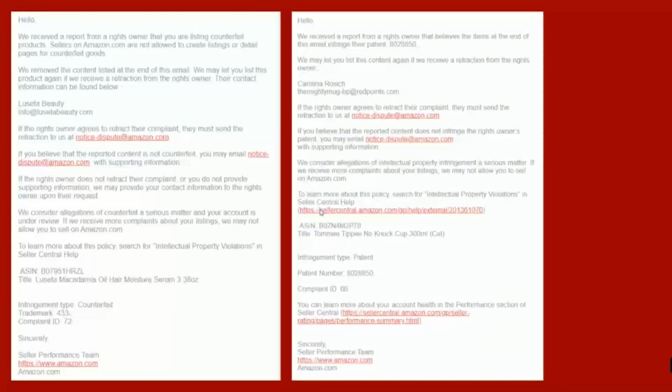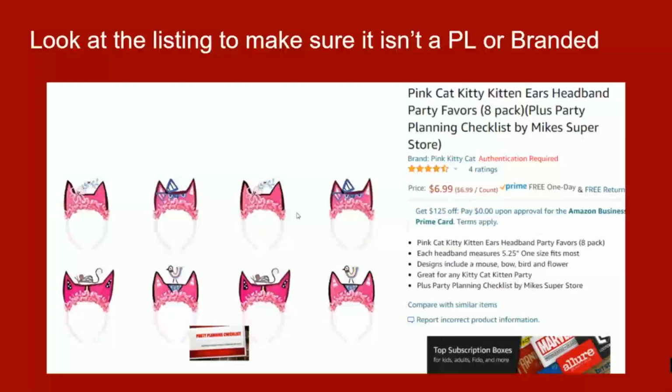So I've shared with you this. These two were for me. This one I just found on the internet. I also want to talk about private labels and branded items really quick, because they are becoming more and more predominant on Amazon. And what people are doing is taking a common wholesale item like these little cat ears, and then they are branding it,